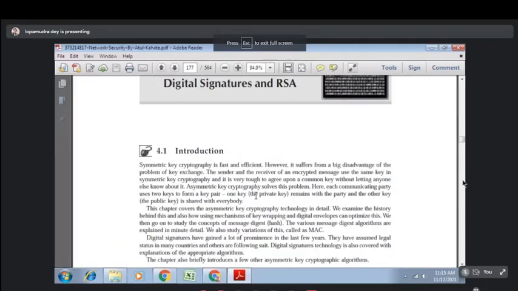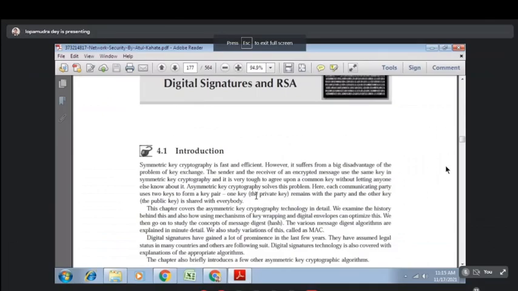Now the public key private key concept comes with the fact that you will share the public key, but you will not share the private key. So I have two keys, one public and one private, and you have one private key and one public key. I will share my public key with the receiver, and the receiver will share their public key with the sender. This is the concept.